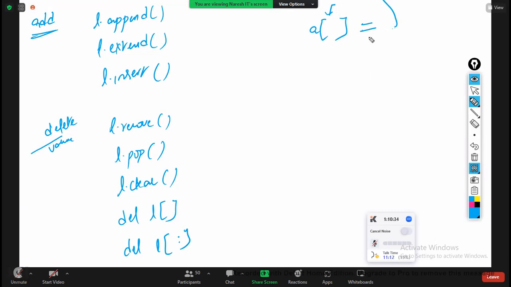The replacement is done by using the assignment operator, is equal to. Is that clear? This is called a replacement. In this way you are going to replace, in this way you are going to add, in this way you are going to delete. Clear guys? Next,